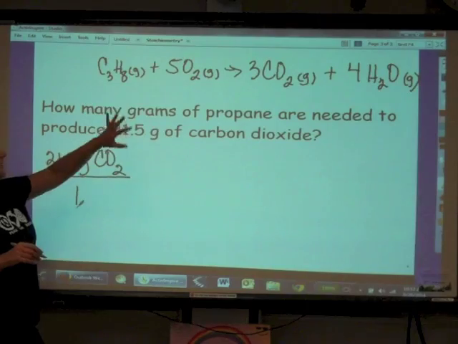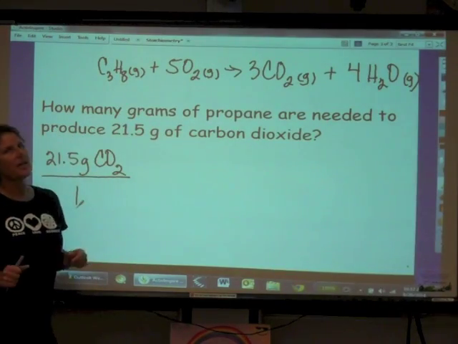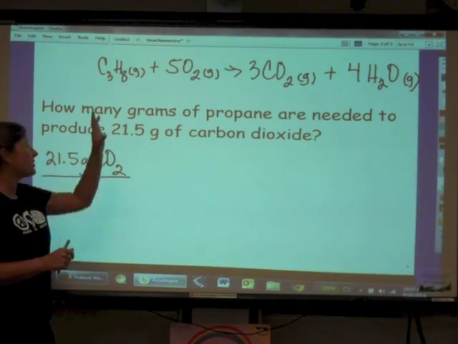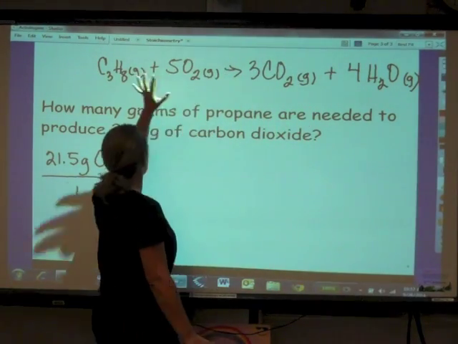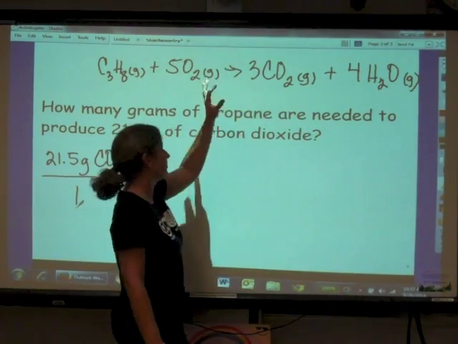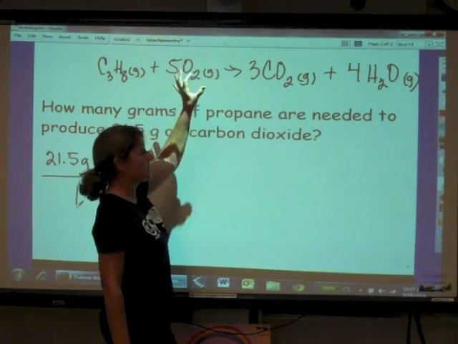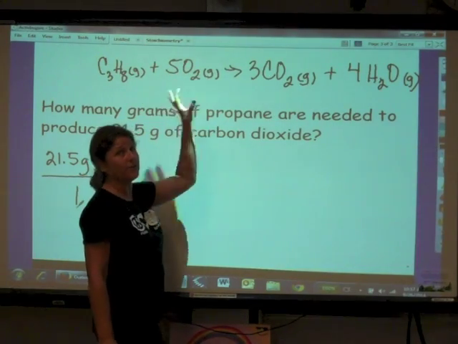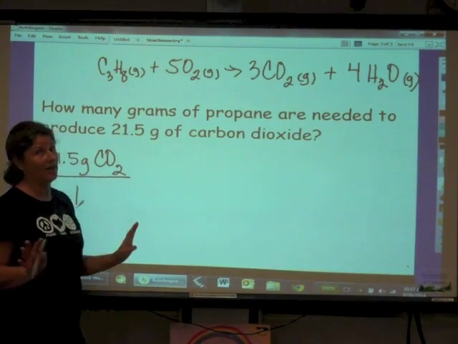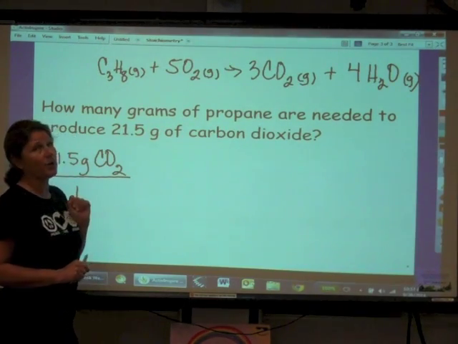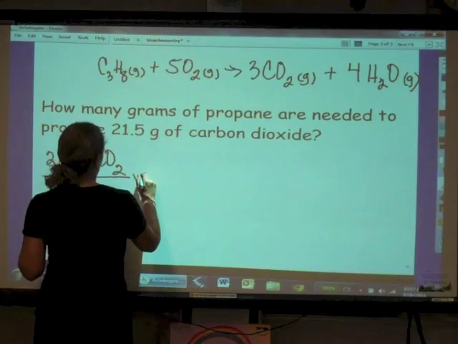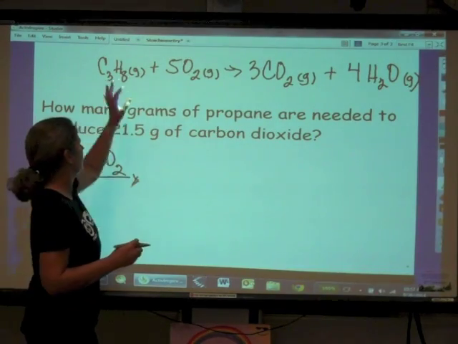Again, it's the mole ratio that's taking us here, and that's why we can relate any of these quantities to one another, because we've got all of the mole ratios. This thing reacts in a very well-defined way that does not change. So, we're going to convert grams of carbon dioxide to moles of carbon dioxide